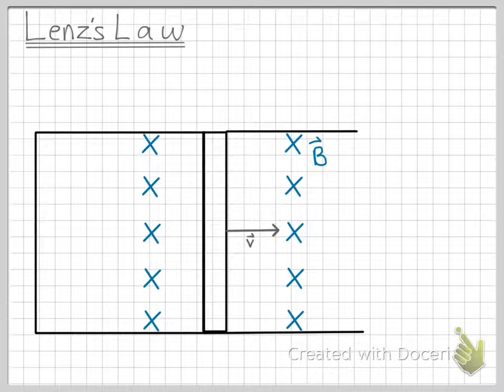This video covers Lenz's law. So we have a magnetic field pointing into the page. We then place a movable conducting rod on top of a set of fixed conducting rails. And if we move the conducting rod to the right, we know that the charges will separate themselves because of